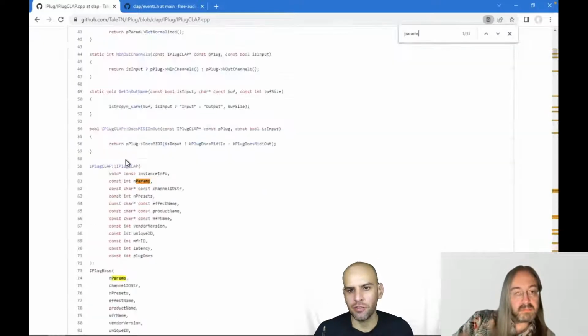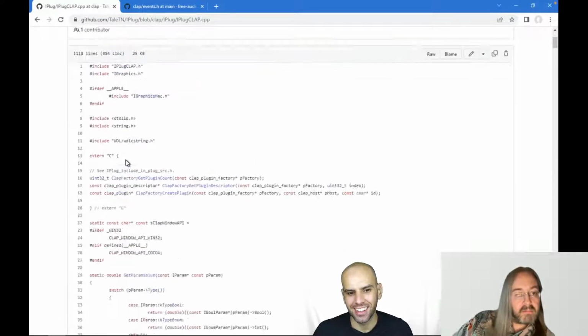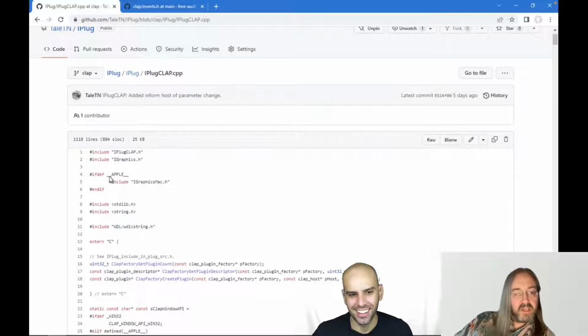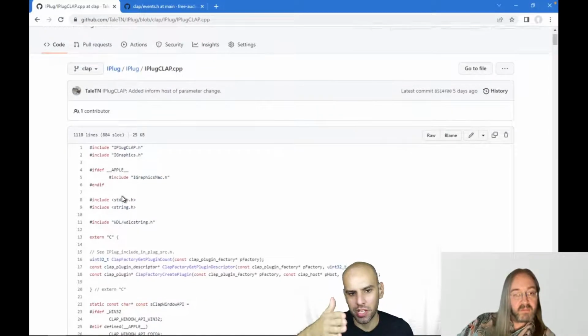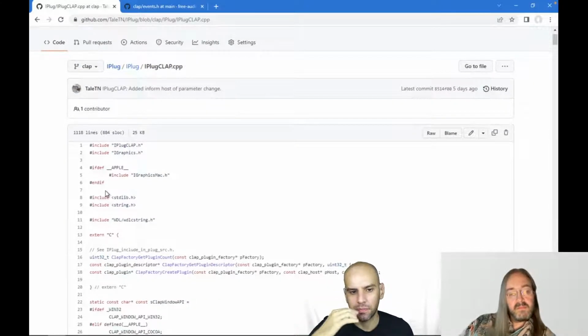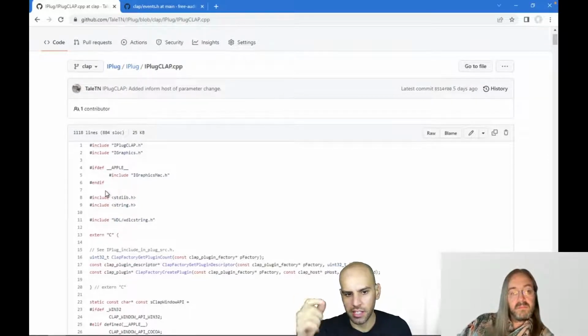I guess the first few things we saw in the file had to do with different operating systems. Yeah, on Apple I need a special header here, so that's why there's an if there for Apple. That's not the bridge between the Win32 APIs and the Swell thing that translates this to Mac; that's elsewhere in iPlug, so we don't need that here.